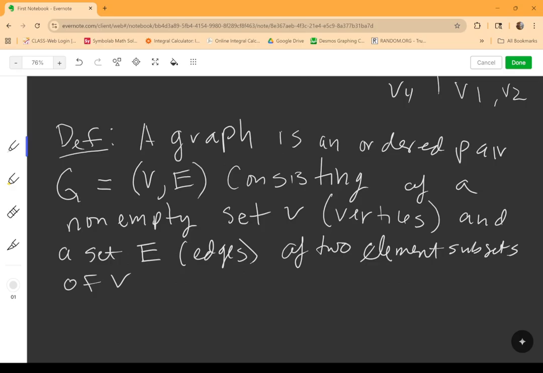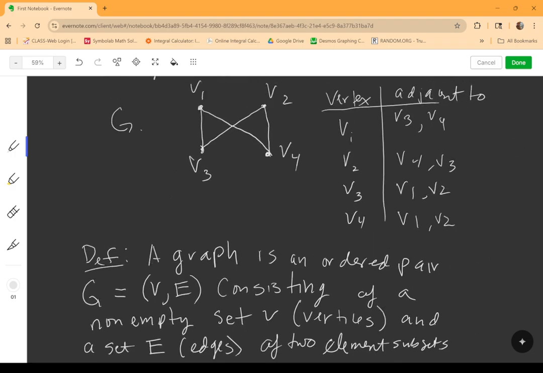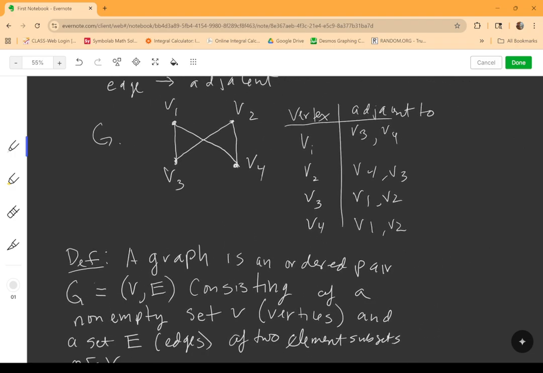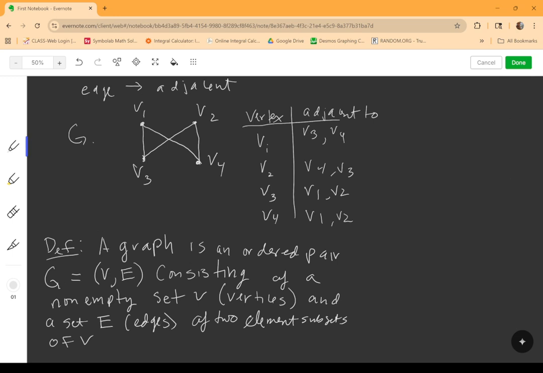All right, so again, let's pick out the details here. I think the vertices are straightforward. So if we look at our graph G up here, looking at that in this definition,